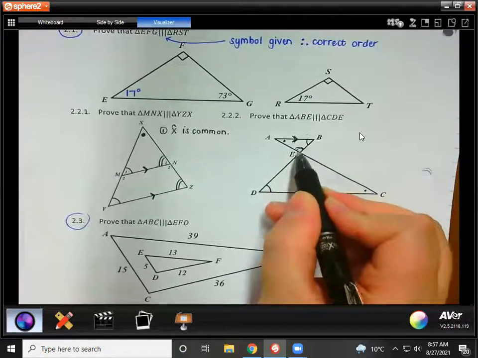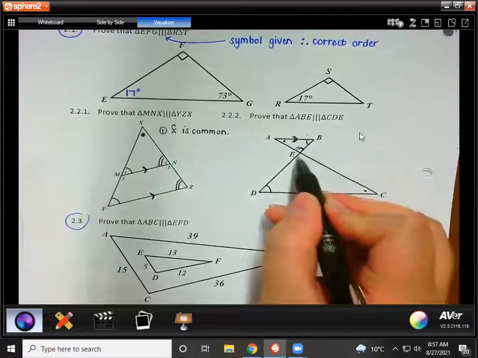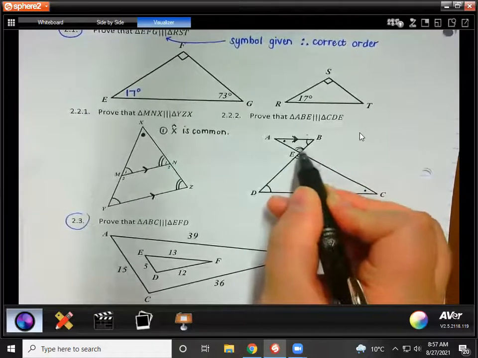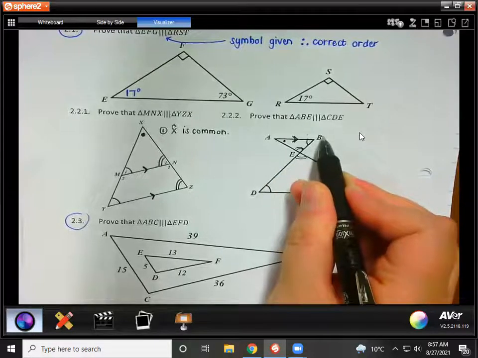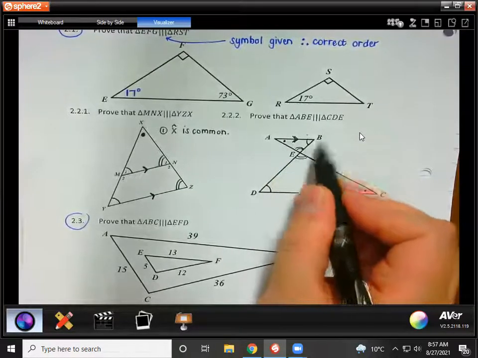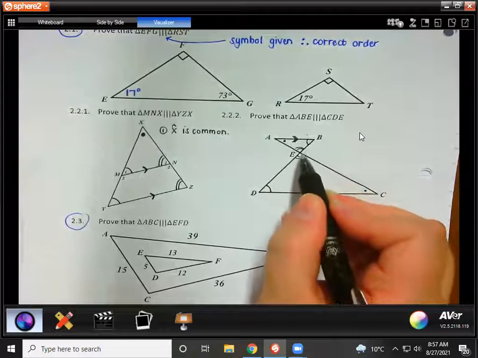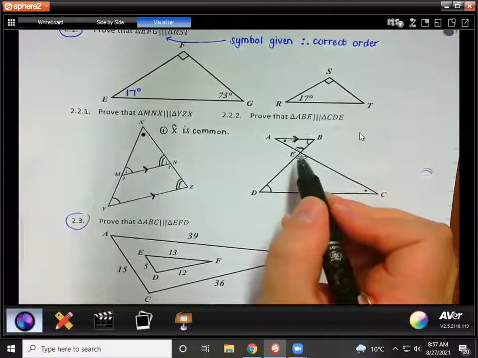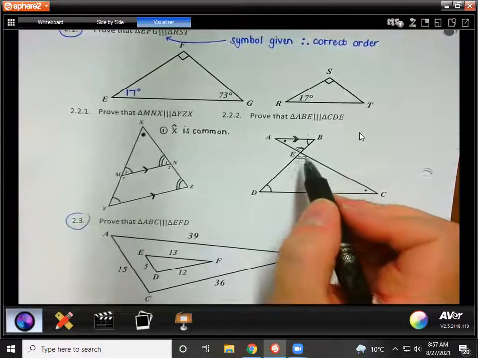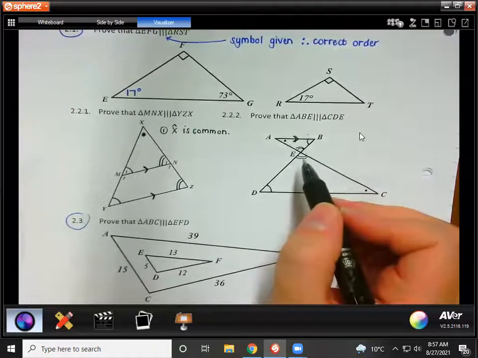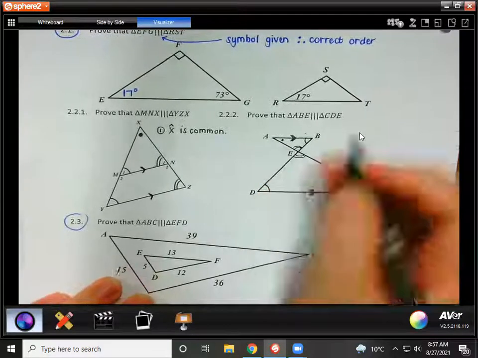Now you can't just say E is equal to E. All right, you have to name them properly. So what is this E angle's name? AEB. Right, you have to name it like that, because they haven't also put little numbers in there. If they put little numbers in there, that would have been nice. Okay, then we could have just said E1 and E2. But guys, if there are no numbers there, you can't just invent them. Okay, then you have to name the angle properly. So we're going to have to say